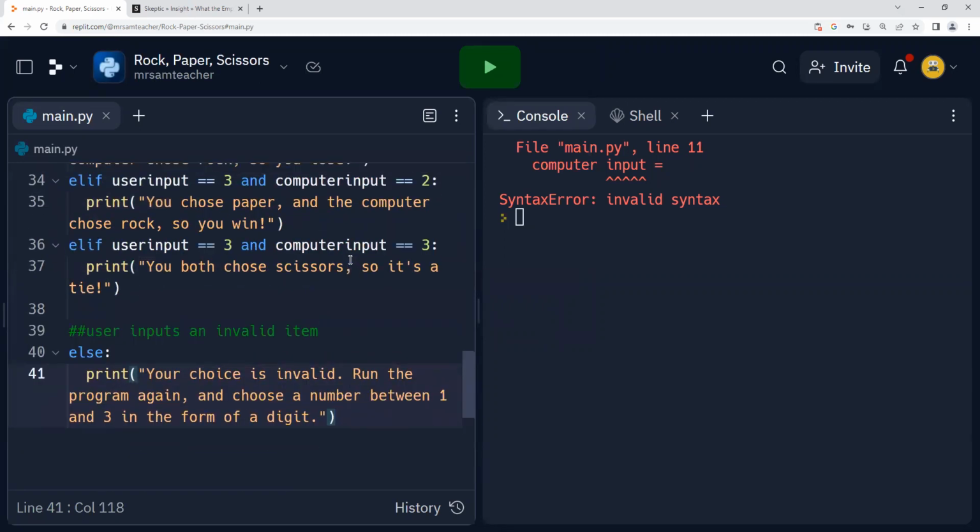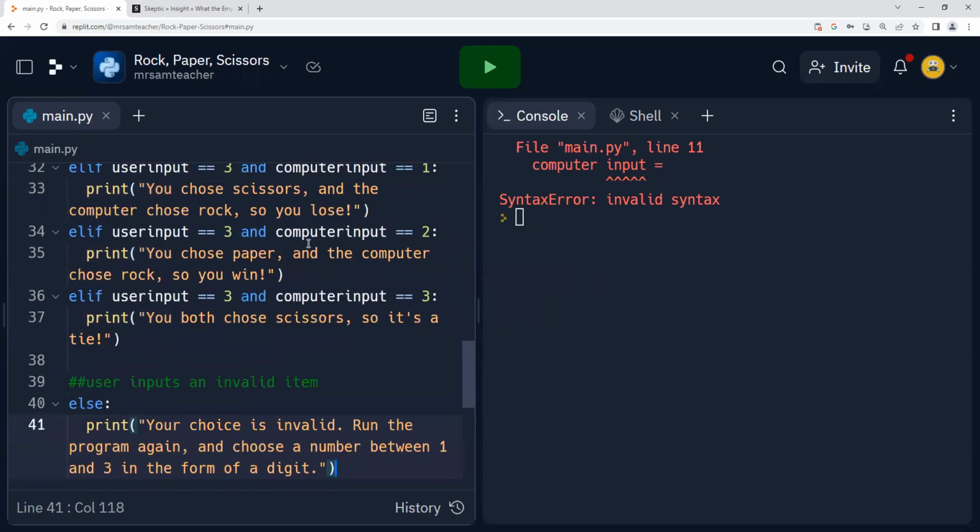Does anybody need to go back to a section above? Anybody need more time to write down a certain section above or below? Cool. Well, congratulations, you made your first project.